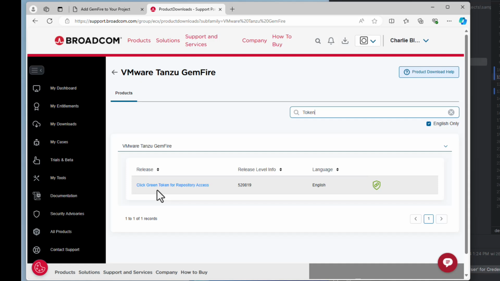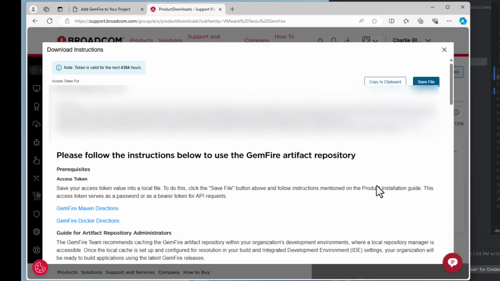All right, so let's go ahead, and it says click the green repository access. If you don't have this here, it's possible that there is another step that you might have to take if this is the first time, where you might have to accept the EULA right up here in the gray area. So I'm going to go ahead and click this, and it's going to come up with a rather long